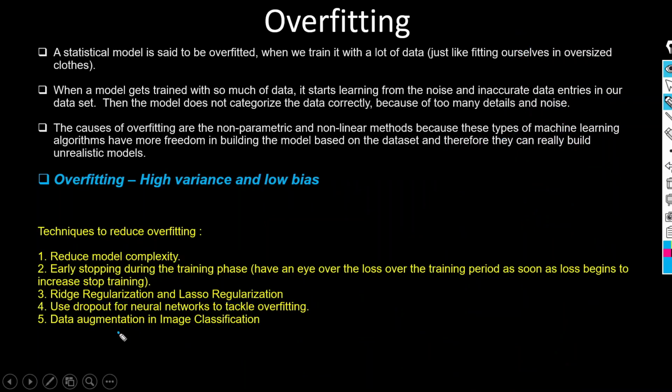So what is data augmentation? In data augmentation, I have one image here. With just one image I cannot train our machine learning model. So what I will do is create some more images from this image. I make some small changes in this image, and then some other small changes.